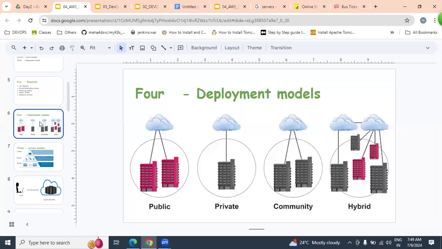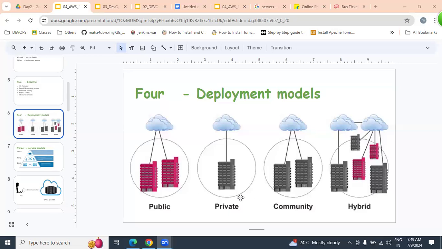Let us first understand the deployment model. Deploy means placing our websites on servers. While placing our website, we place it on a particular hardware resource like RAM and CPU. That hardware can be shared by multiple applications and multiple websites. Public means multiple applications and websites can be deployed on the same resource. A resource shareable among multiple websites is nothing but public.